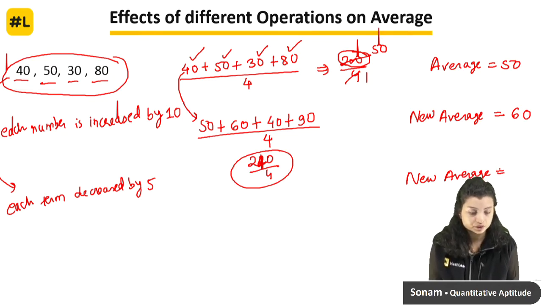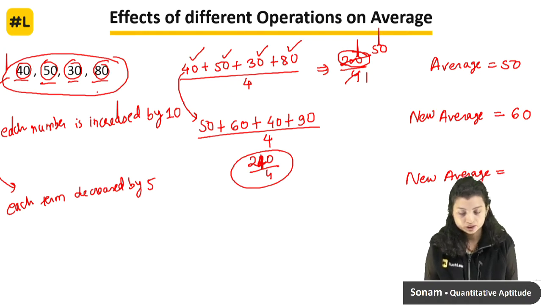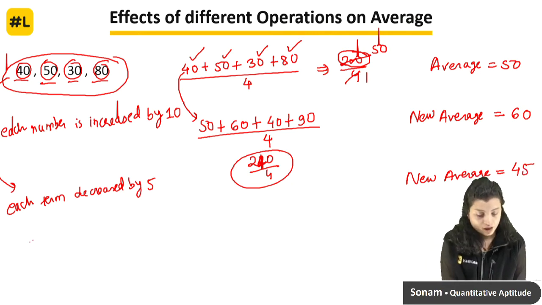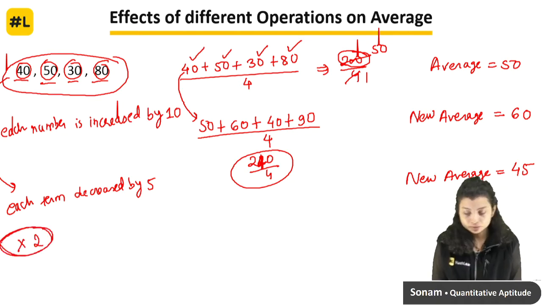What will be my new average? If I decrease this 40, 50 and 30 and 80 by 5 each, so what will be my new average? Correct, Gurunath, your answer is correct. That will be 45. Okay, if I ask you each term is multiplied by 2,